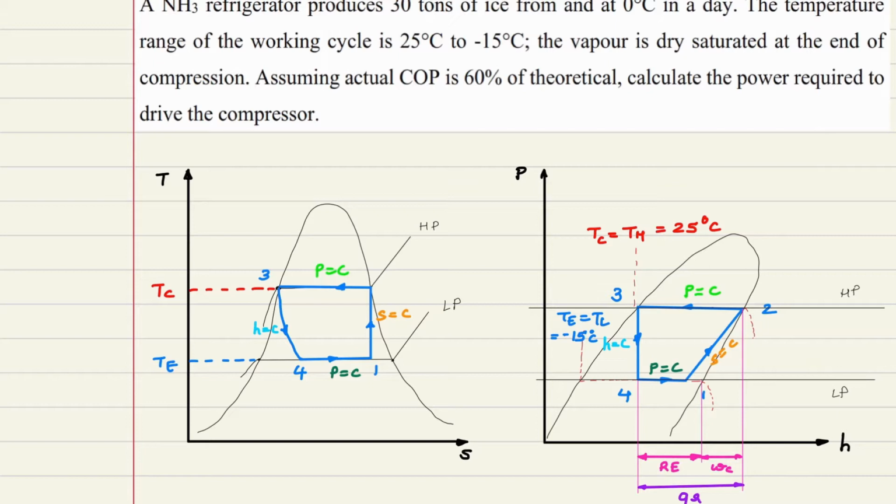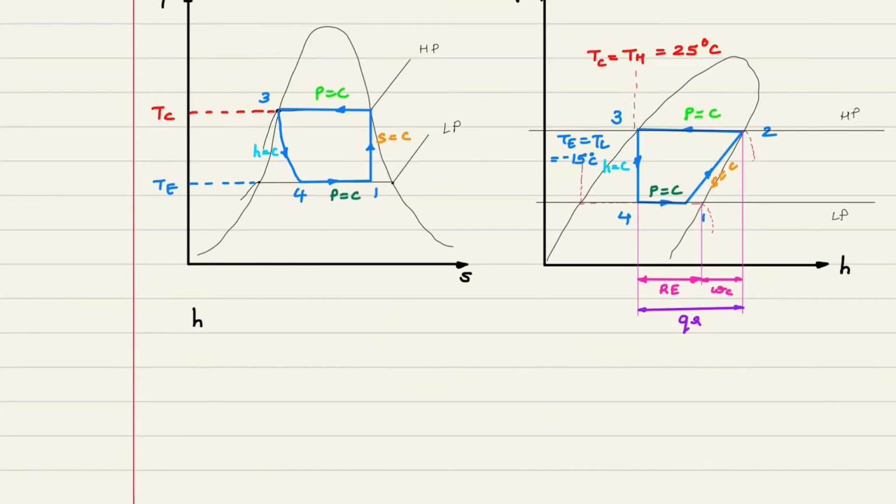So for this question, we have to calculate now enthalpy of all the points. Okay, now in point number 2 we know... From point number 2 we have to calculate enthalpy of point number 1. What will be enthalpy of point number 2? Point number 2, it is on saturated vapor curve. So it will be Hg. Okay, this will be Hg at saturation temperature, which is 25 degrees Celsius. I'll write down H2 is equal to Hg at saturation temperature, which is 25 degrees Celsius.